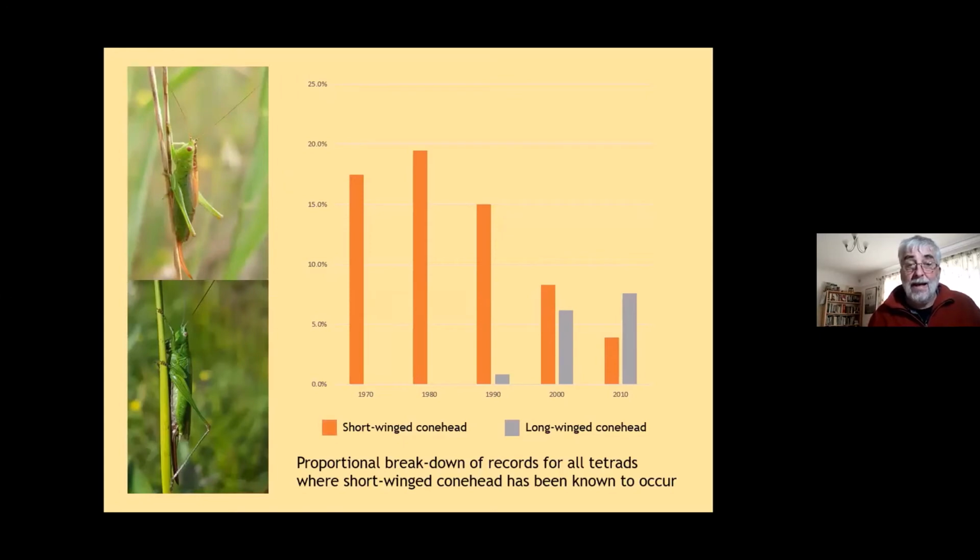Short-winged conehead there shows in those orange bars a very steep decline in the 80s onwards. The long-winged conehead appears in the 90s and shows quite a steep increase,